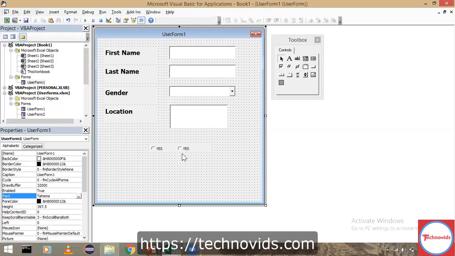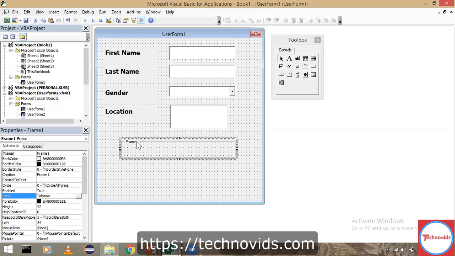And I wanted a label for that, so let's go for something called a frame. A frame means all the radio buttons given can be included in the same frame. So you have an option called frame over here. This is called frame. I just click on that and drag it over here like this. So this becomes a frame.